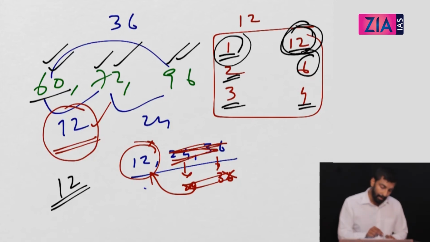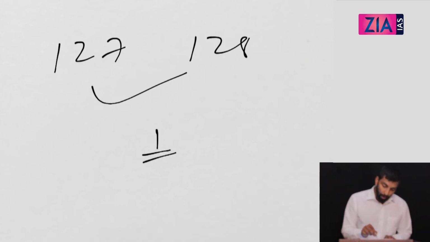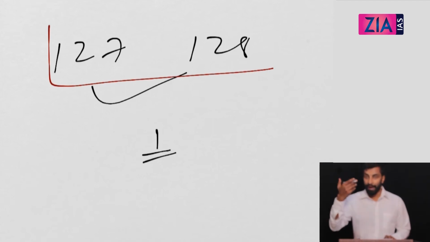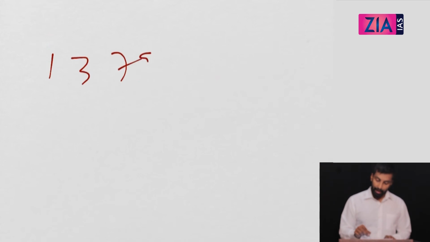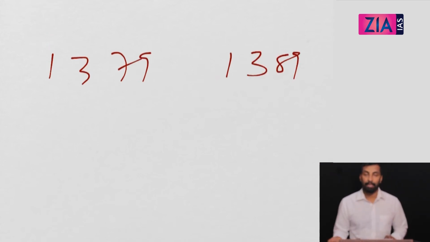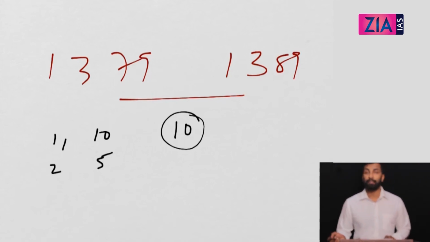So if I ask you directly, what is the HCF of 127, 128? What is your answer? Your answer is just the difference, 1. You don't want to do all these things that you have done earlier, trying to find the common factors and all. Just find the difference. So simply if I ask you 1379, 1389, what is the HCF? You take the difference. What is the difference? The difference is 10. What is the idea? The idea is your HCF will be there in the factors of the difference. So here 10 is the difference. Factors means 1, 10, 2, 5. Any other factor? No. So what you need to do? You need to check whether I can divide with 10.